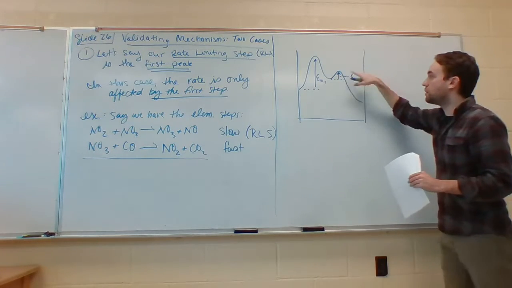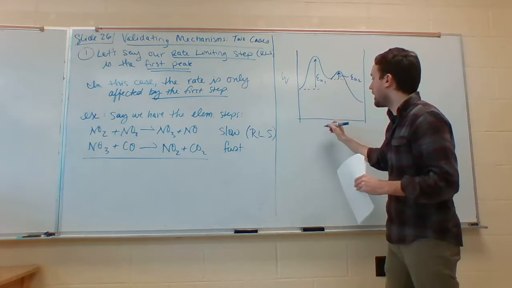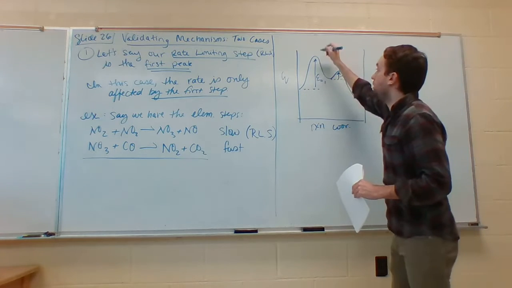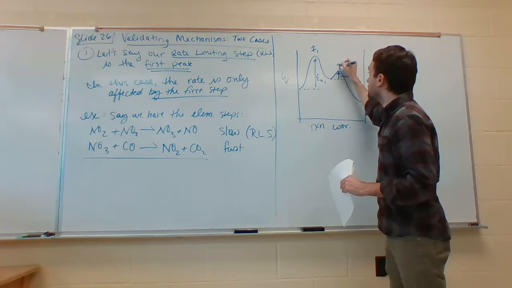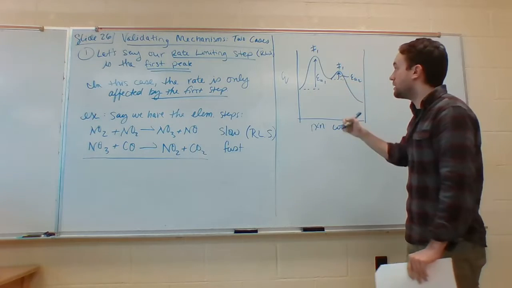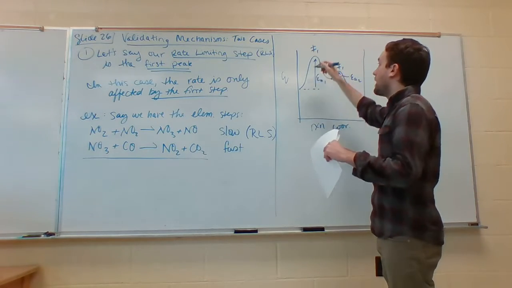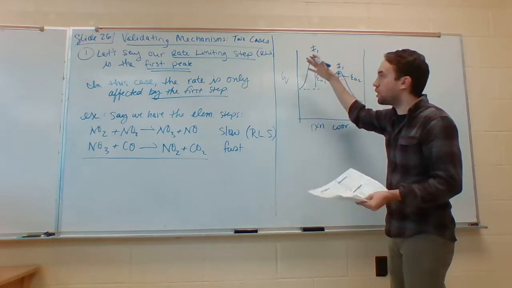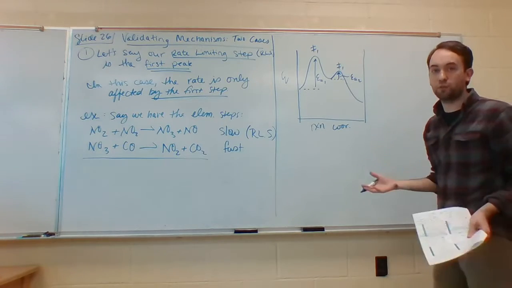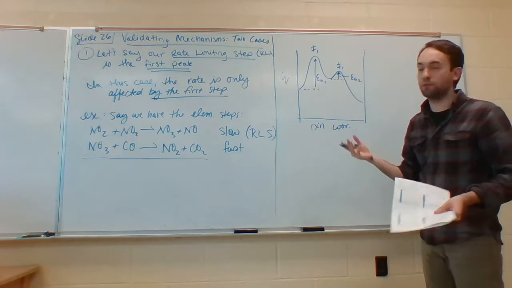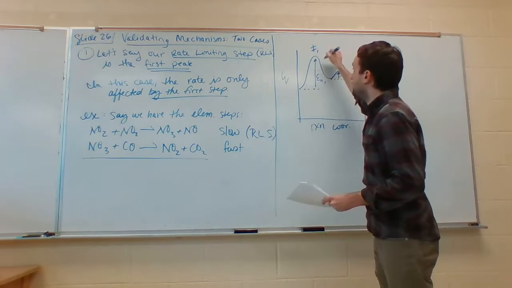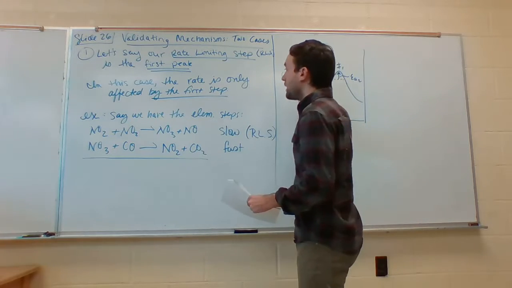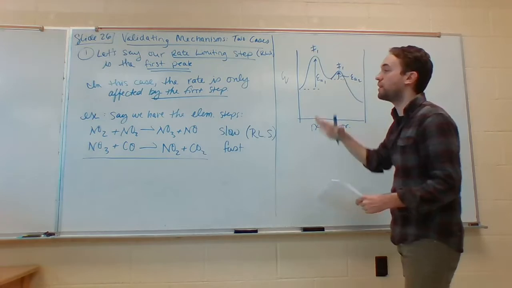You can kind of think of it, this is our reaction coordinate, where we have our energy and our reaction coordinate. As you can see, if our first peak is really big, it's kind of like that ride at Disneyland where you ratchet all the way up, and if it's the first peak, it takes you a really long time to get up to the top. That's our slowest part of the whole ride, but then everything after that is really fast as you cascade down the mountain. So whatever your biggest peak is, that's going to be your rate limiting step. Now, if your rate limiting step is the first peak, that's going to be the one that dictates the kinetics